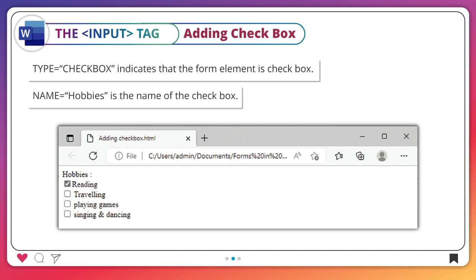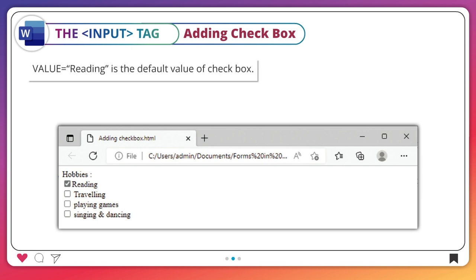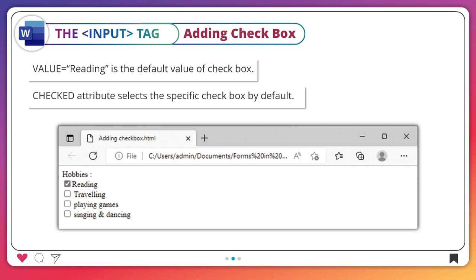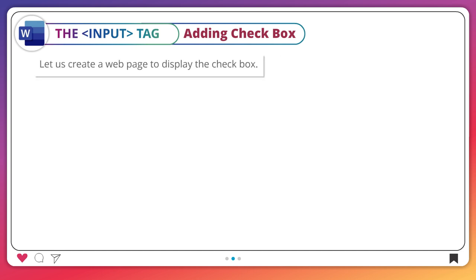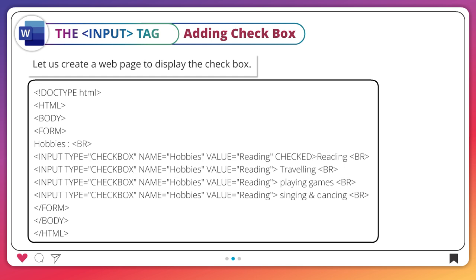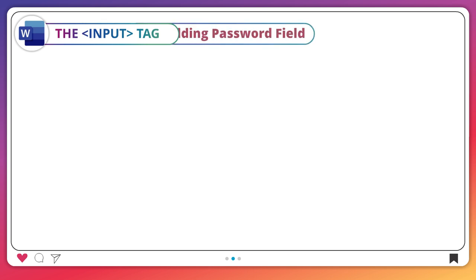Name equals "hobbies" is the name of the checkbox. Value equals "reading" is the default value of the checkbox. Checked attribute selects the specific checkbox by default. Let us create a web page to display the checkbox.